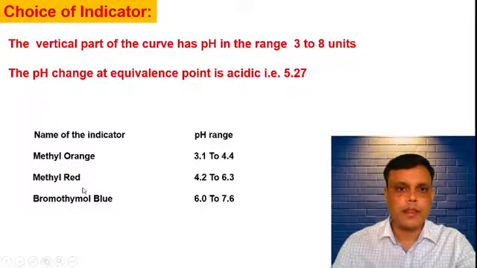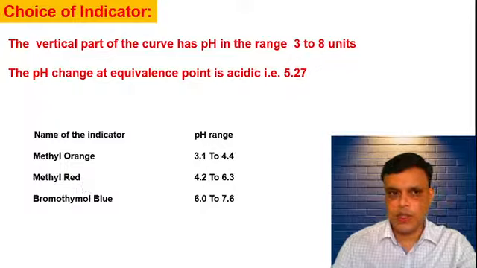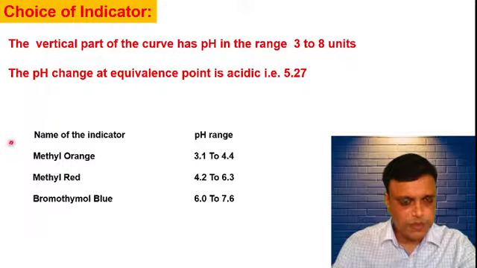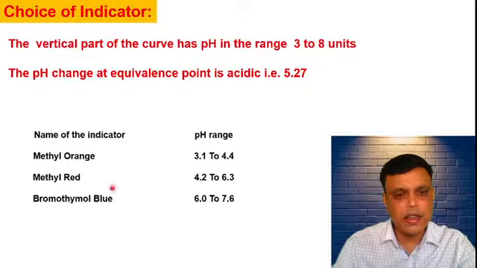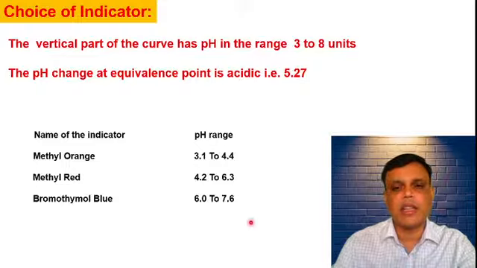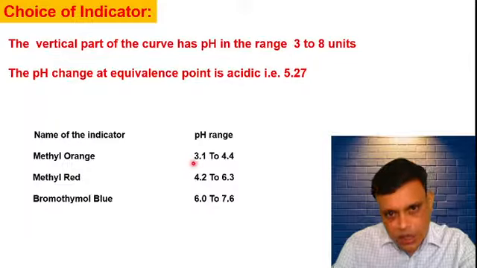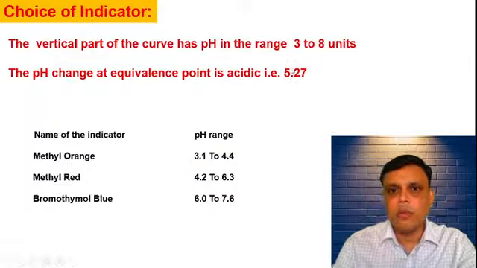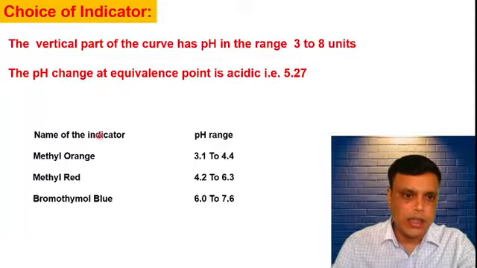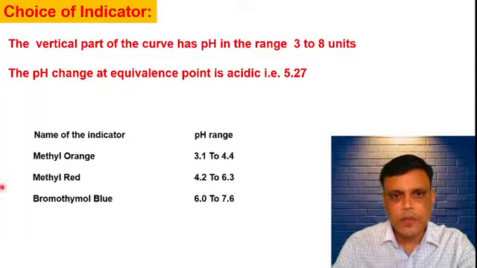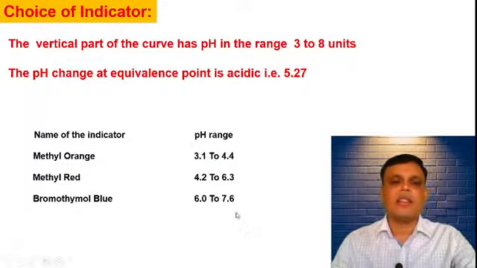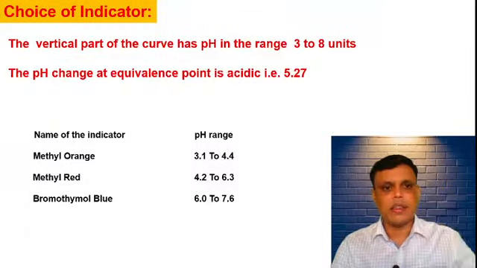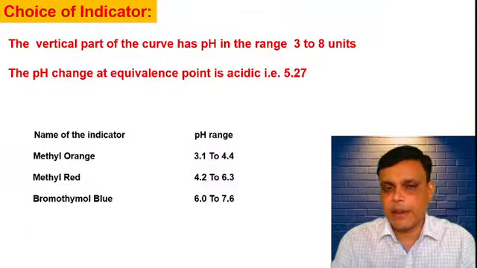So if you see the indicator and their pH range, these three indicators, that is methyl orange, methyl red and bromothymol blue, can be suitable indicators for the above titration because their pH range is 3.1 to 7.6, so almost 3 to 8. तो इन तीनों की भी pH रेंज कितने कहाँ पे है, in between the 3 to 8. देखो मिथिल ऑरेंज की है 3.1 and bromothymol की लास्ट है 7.6. That means these three indicators can be suitable indicators for the above titration.